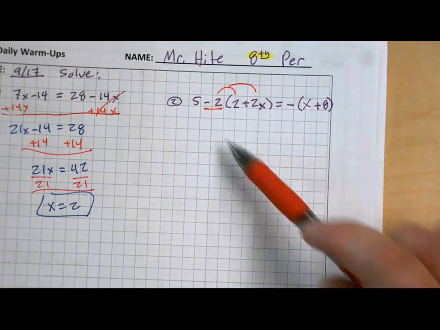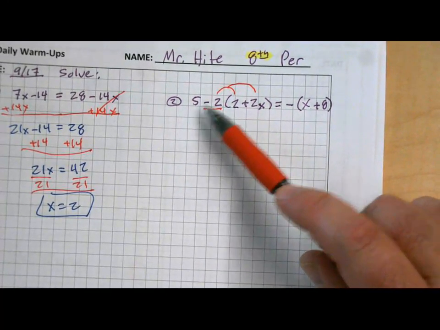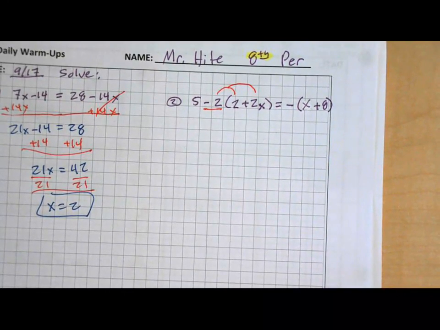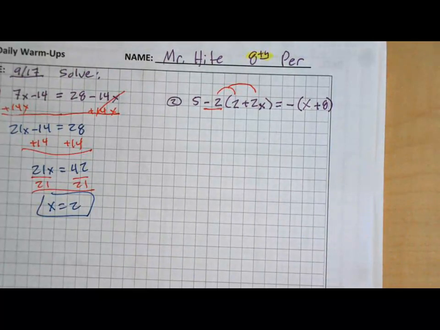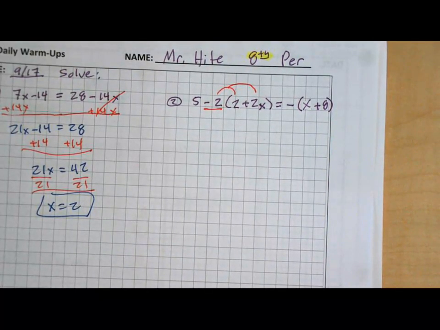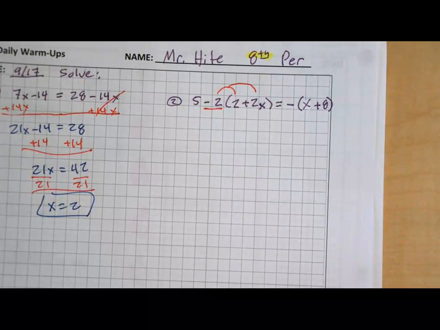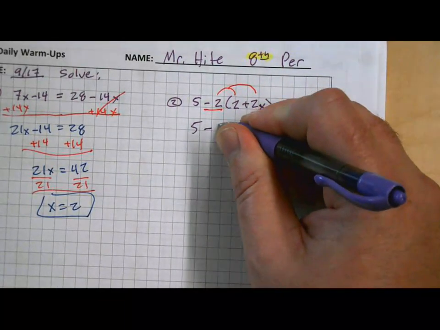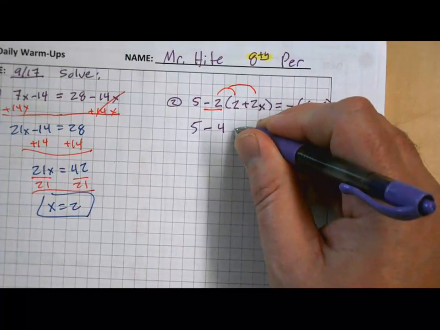So if you made that mistake, if you combined the 5 and the negative 2 first, congratulations, you made the super common mistake. You got that out of your way, learn from it, and don't make it again. I firmly believe if you make a mistake and you can learn from it, you never have to worry about making that again. So, the 5 is going to stay. And I'll multiply the negative 2 times the 2 to get negative 4. Negative 2 times positive 2x would be negative 4x